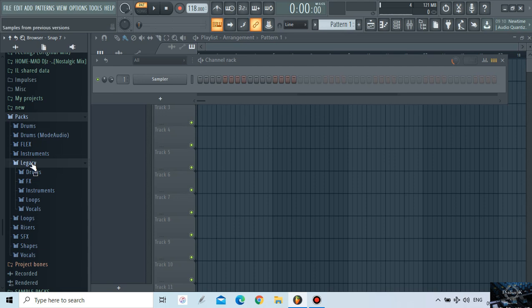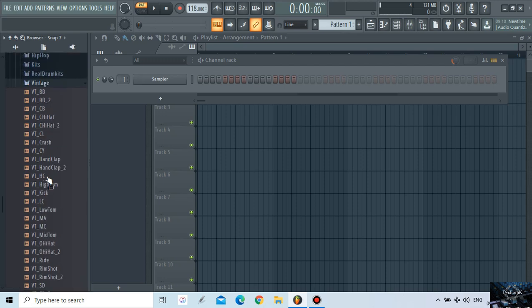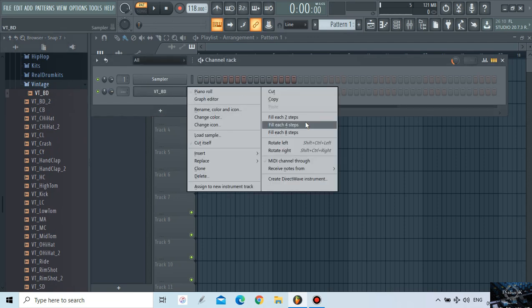Go to pegs and then legacy and then drums and then vintage. As you can see, there's a lot of peg folders for different genres, but then for deep house, I prefer these ones. I'm not saying they're the only ones you can use, but with these ones, I know you can never go wrong. So for the kick, I'm going to use that, fill each 4 steps,